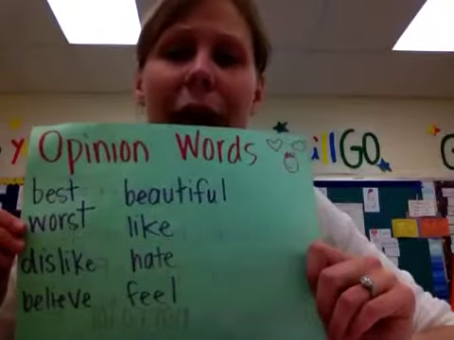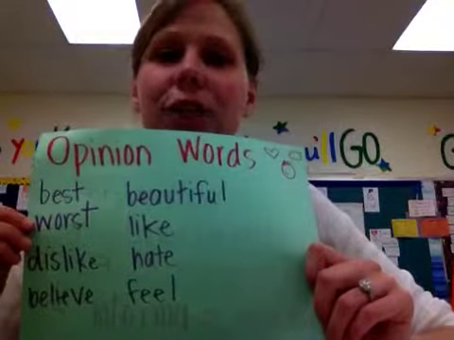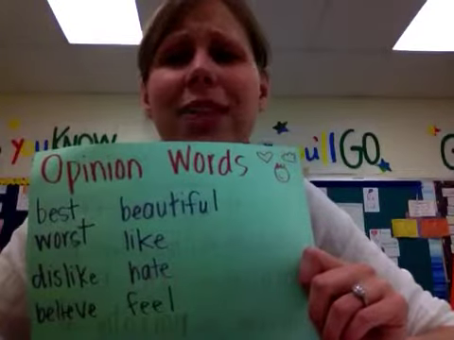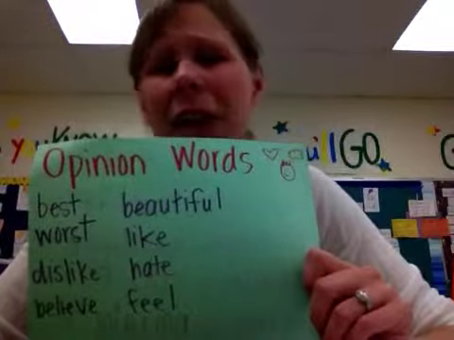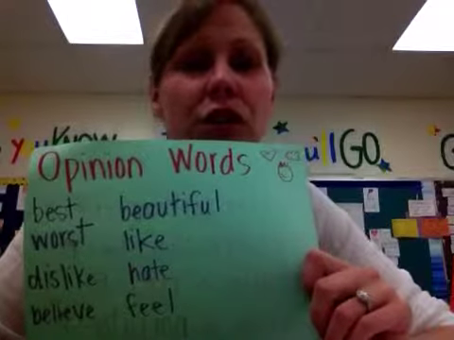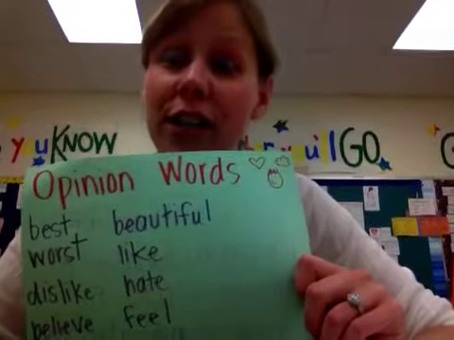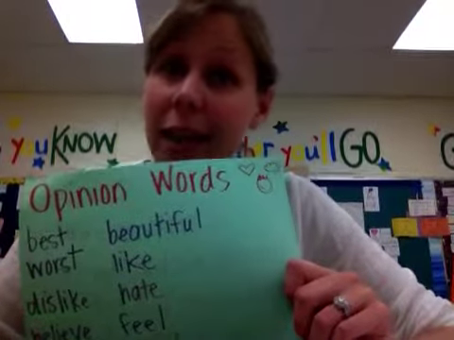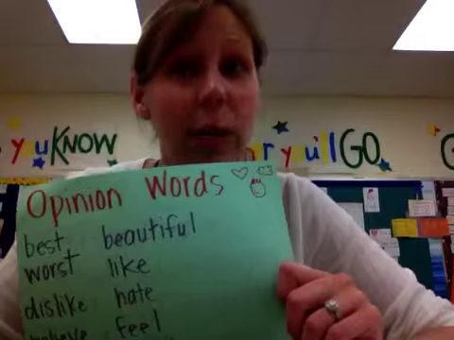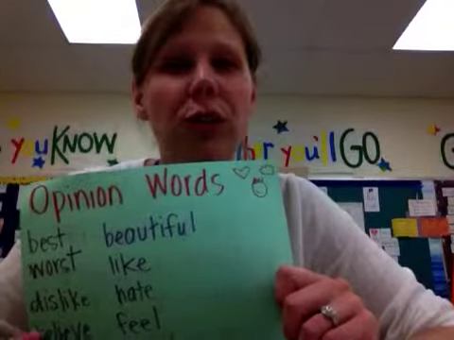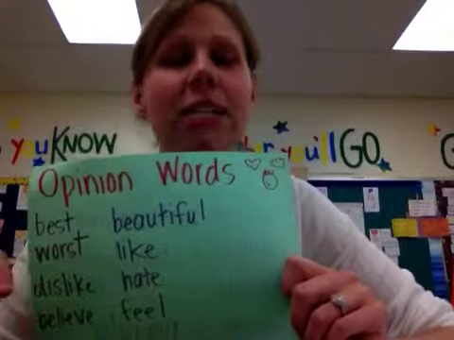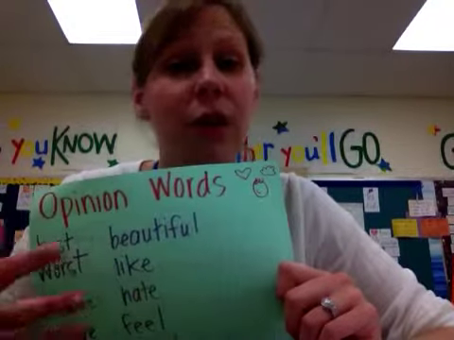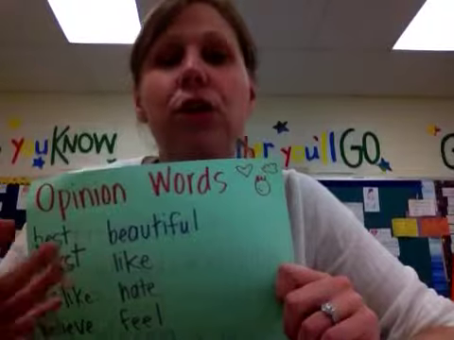So for example, if we had a character who said, California is the most beautiful state, the weather is perfect, everyone there is nice, you can always go to the beach. Well, we could understand very clearly, make that inference, that that character's point of view on California is that they think it's the greatest state, they would like to live there. Okay, so you're really trying to look for these opinion words to make some inferences, put two and two together to figure out the characters' or the author's point of view in a story.